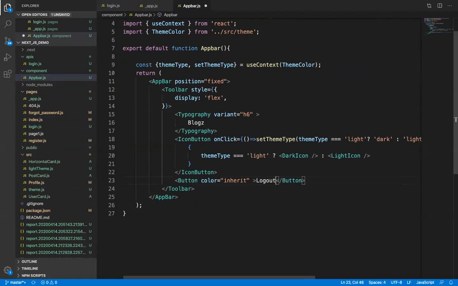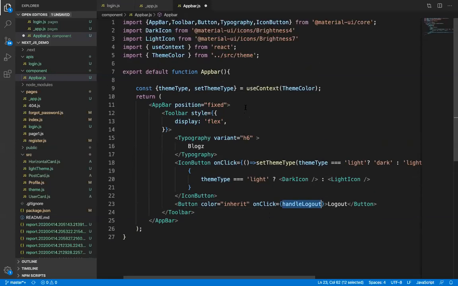So how can we log out from the system? Just remove the local storage. If you remove the local storage, the user cannot determine that you are in a login state, or you can't access the ID there. So what we have to do, when we press the logout button, handle logout, inside that handle logout,